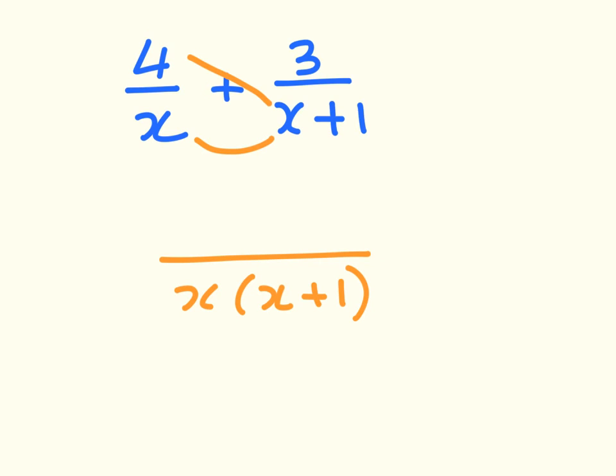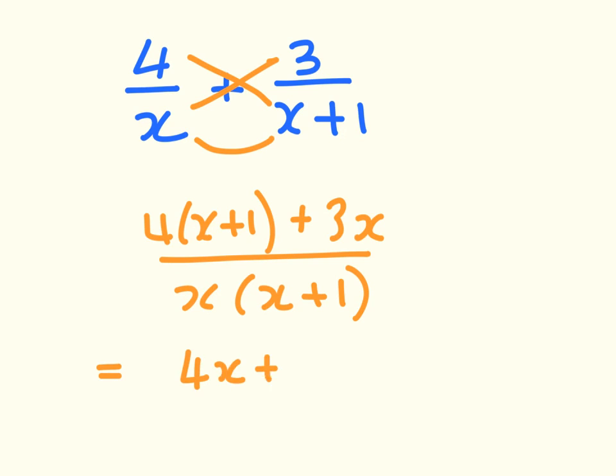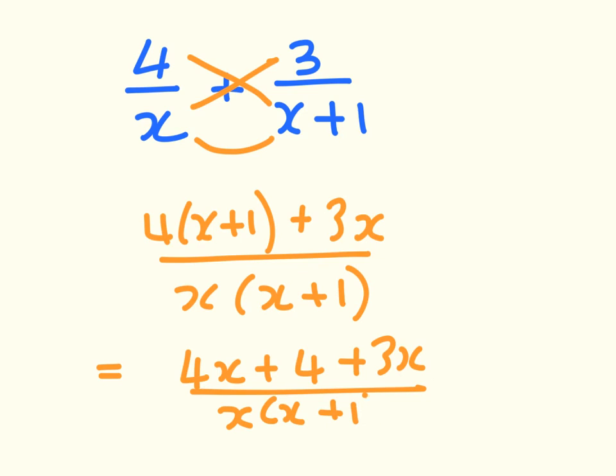Now top times bottom, so that's 4 times x add 1, plus bottom times top, 3 times x, which is 3x. Now we can remove the brackets on the top, 4x add 4, add 3x. Don't do anything with the bottom. And then tidy up the top, 7x add 4, leave the bottom as it is,